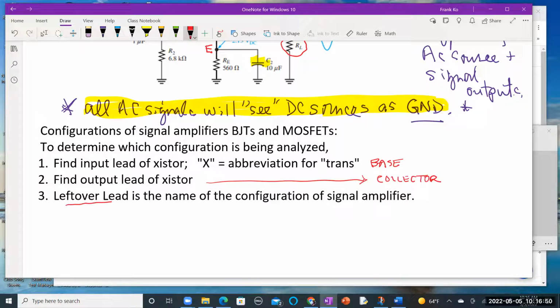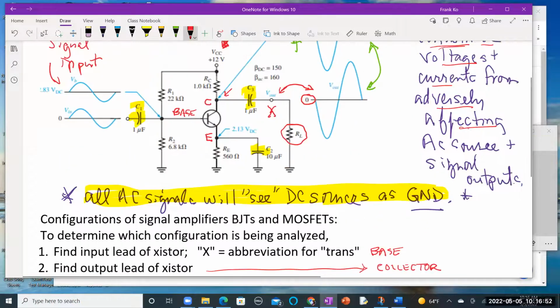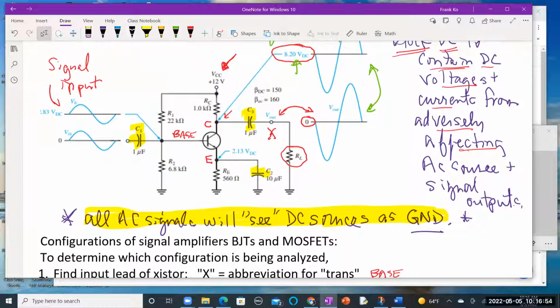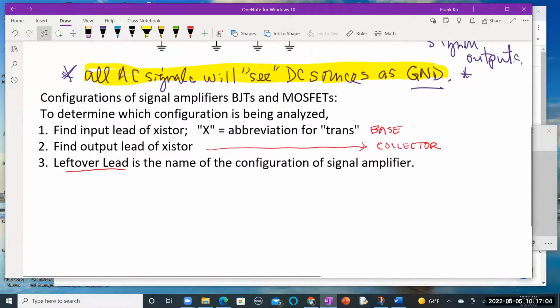Then what is the leftover lead that has no signal attached to it? The emitter? The emitter, precisely. And this is the emitter. So since this is the leftover lead, the name of this,